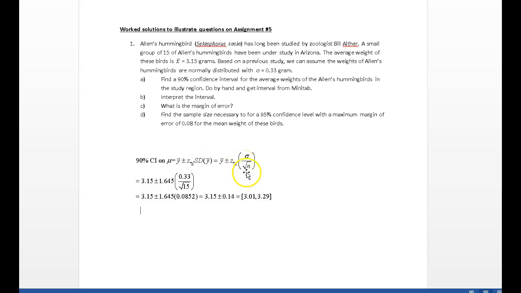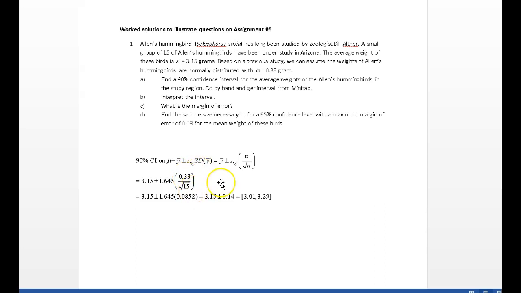Okay, so I plug things in that I know. So this is equal to, I know the average weight of those 15 birds was 3.15, so that's here, plus or minus. Now, if you look through your notes, I can't remember what slide it is, there is a slide in there that summarizes what z of alpha over 2 values we use for specific levels of confidence. And if we want to be 90% confident, that value is always 1.645. So there's that. Multiplied by the standard deviation of the population I'm picking the birds from,